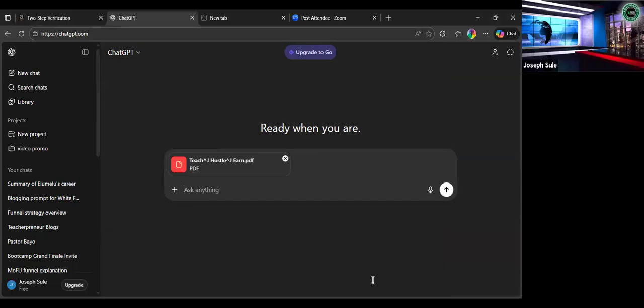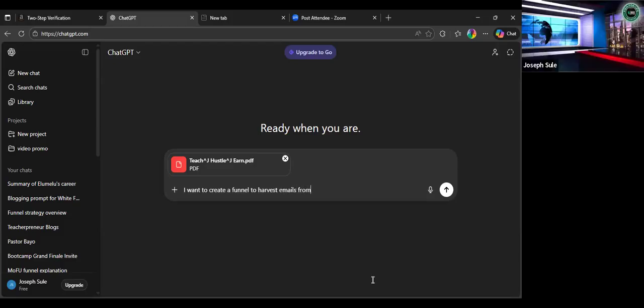By next Friday, we will look at different types of funnel. We will move from the simple concept to the more complex concept. The thing is that if you don't get the simple one, it will be difficult for you to understand the complex one. That's why I'm taking us through this simple one for now. And I will tell ChatGPT that I want to create a funnel to harvest